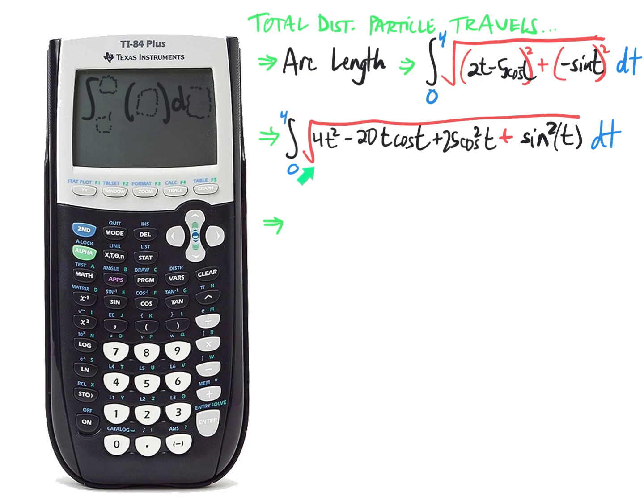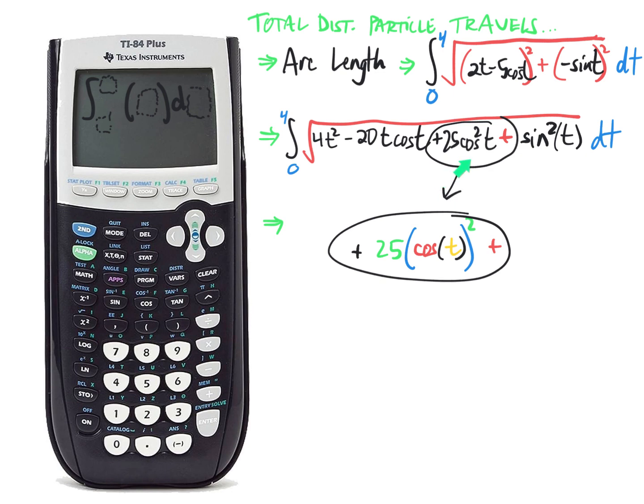And you can enter this expression here exactly the way it looks here, but make sure you're careful how you enter this. So 25 cosine squared of t, you need to enter into your calculator as 25 parenthesis cosine of t in parentheses, another parenthesis, and then squared,